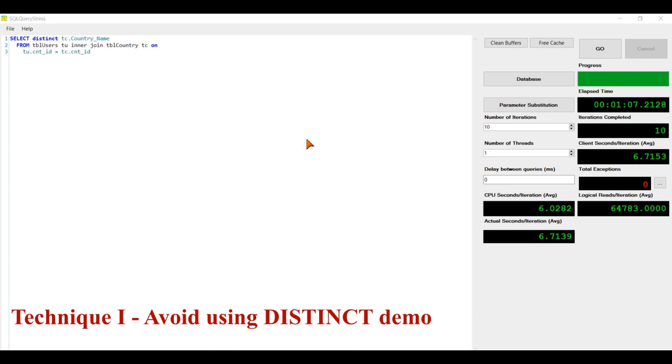Now in a practical scenario, you can consider you have a stored procedure which has multiple such queries, and everywhere a distinct clause is being used.